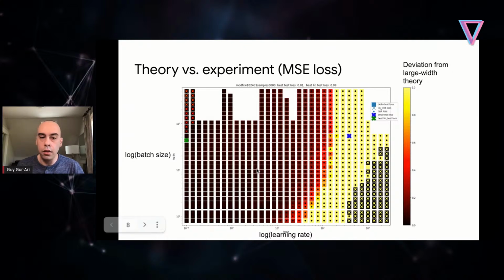And just to connect it to the theorem that I mentioned before, the actual theory we're building on is guaranteed to work for gradient flow, that is, in the limit of small learning rate. So that's going all the way to the left here. That's where the theorem is guaranteed to hold, and that is indeed where we find good agreement. Okay, so the goal now will be to try and understand why this is happening. Why do we have this rapid change from theory working to theory not working, and to try to build up the theory behind this effect.